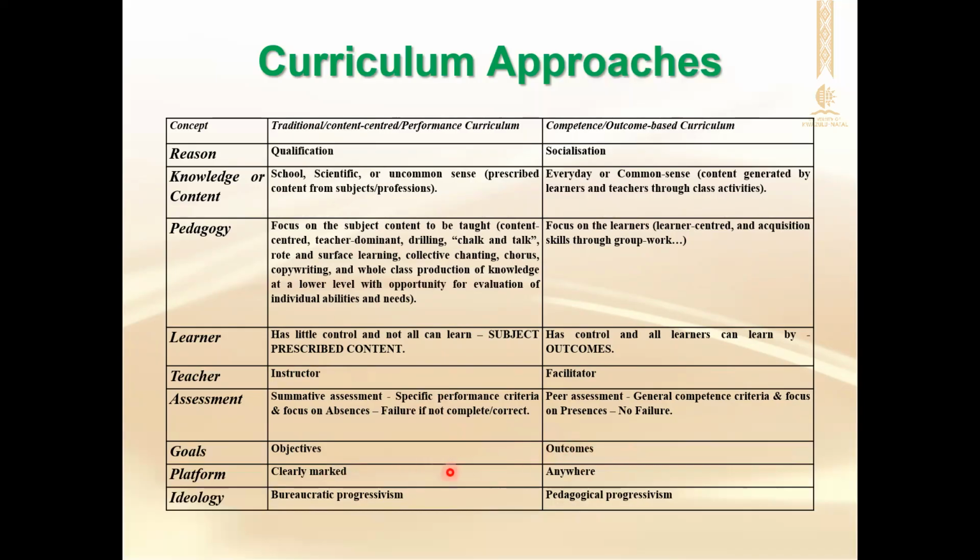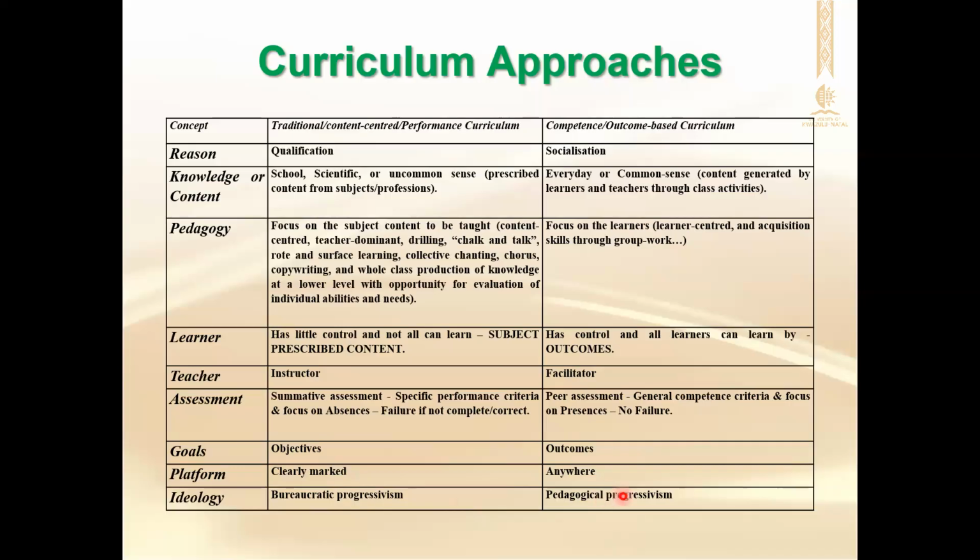So in terms of ideology, this side we follow a bureaucratic ideology. What is bureaucratic ideology? It's a structured ideology that one has to achieve following step by step, like the example I gave you in terms of creating a table. You follow step by step until you are done with what you are doing. But this side, you may start anywhere. There's no necessary structure, as long as you achieve the skills to achieve the outcomes, that will be good enough.